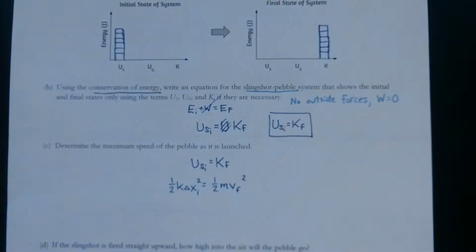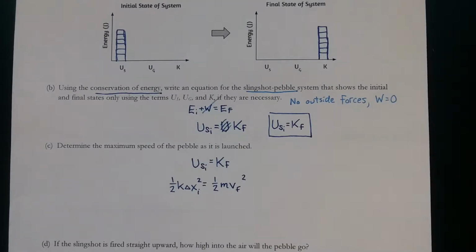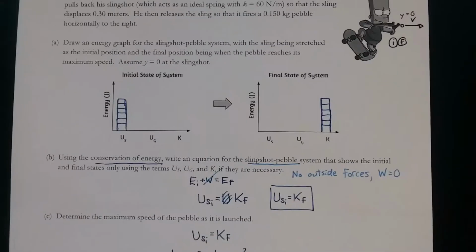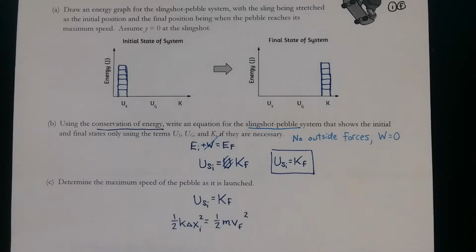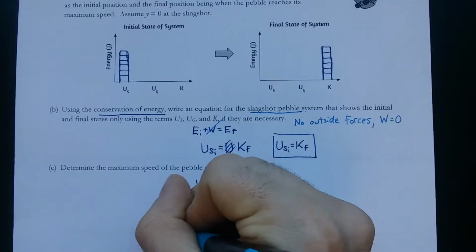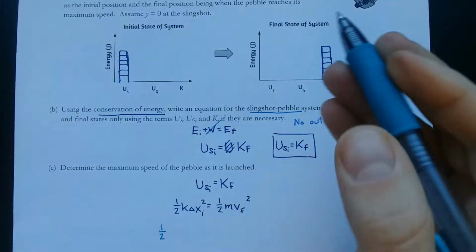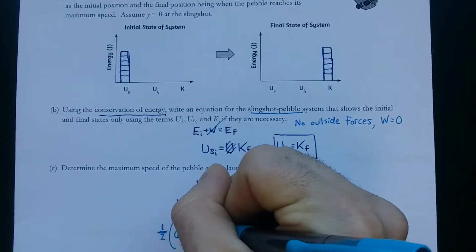And I'll say delta x initial. And just like all of these problems, it looks like I know everything except for one of these knowns. And that's when I know I can solve this. The kinetic energy is unknown, but I know how much spring potential energy there is because I have 1/2 k